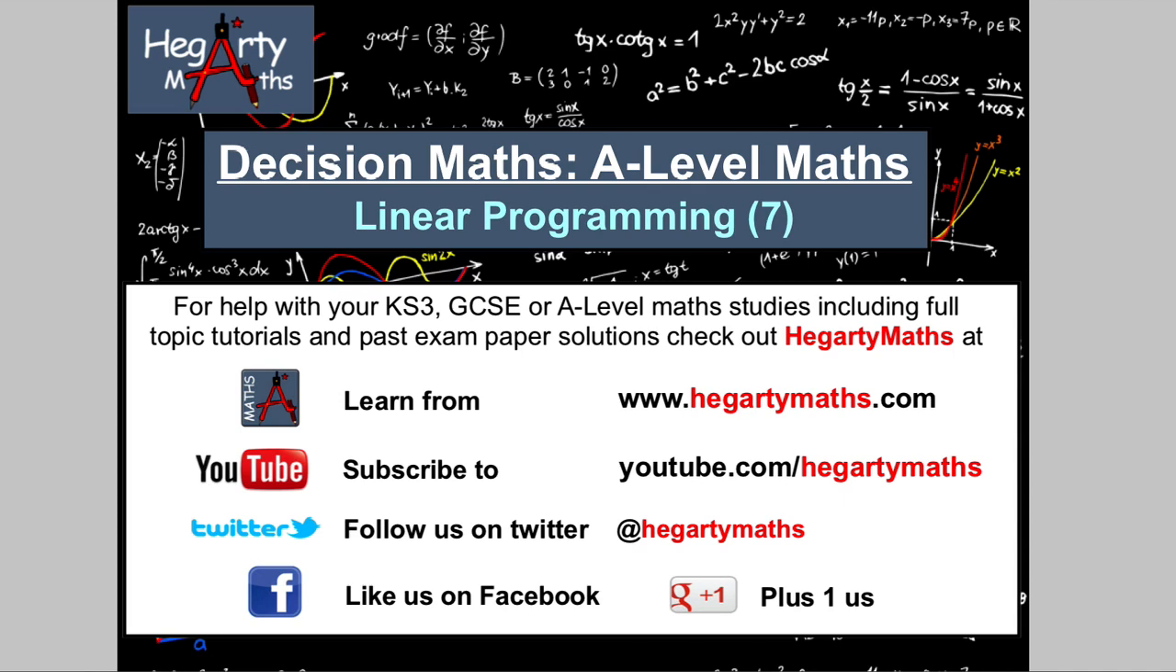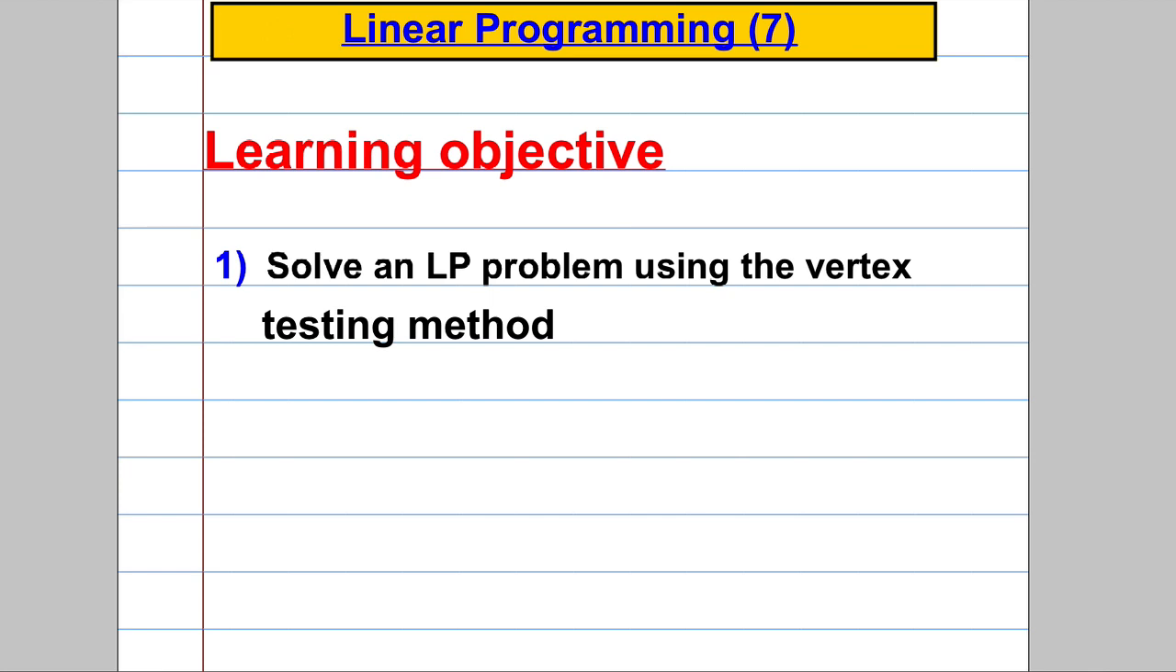It's Mr. Hegarty here. This is a Decision Maths A-Level video on linear programming, the 7th one. In this video we're going to solve a linear programming problem using the Vertex testing method. So we're going to do two examples in order to do that, and I'll explain what Vertex testing means as